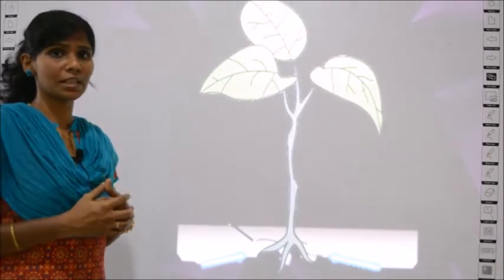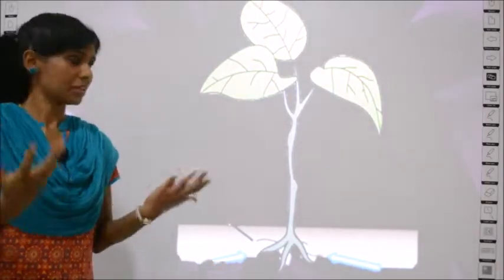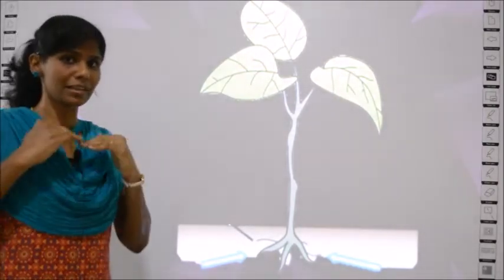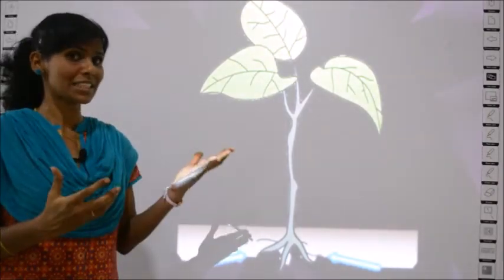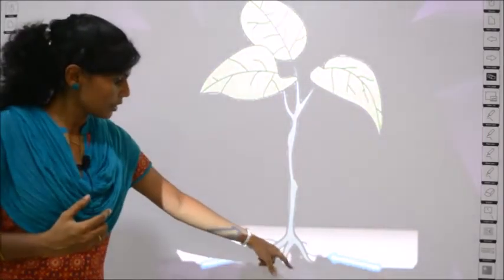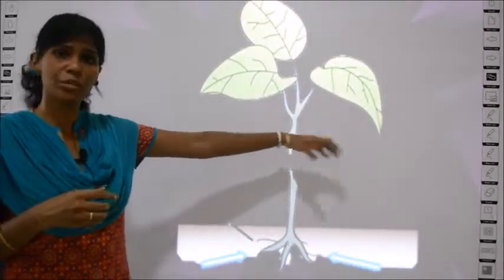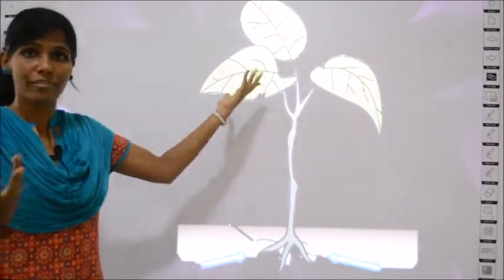Water moves inside the plant. So from where to where, and how does it move? There should be some process, a correct process, for how it moves. We will study that here. What you see here are the roots, and when you pour water below, it is not going to float up. Where will it go? It will go inside the soil, right?